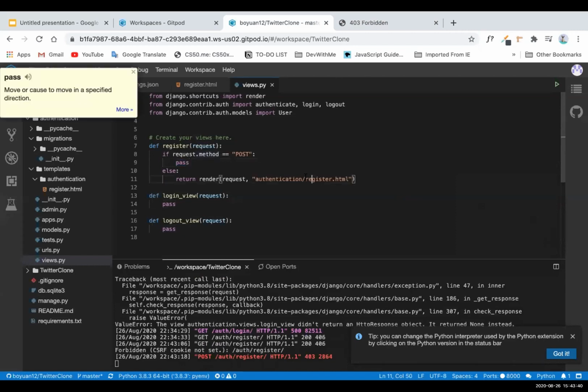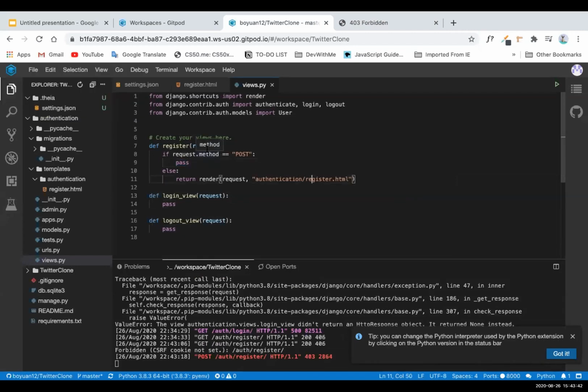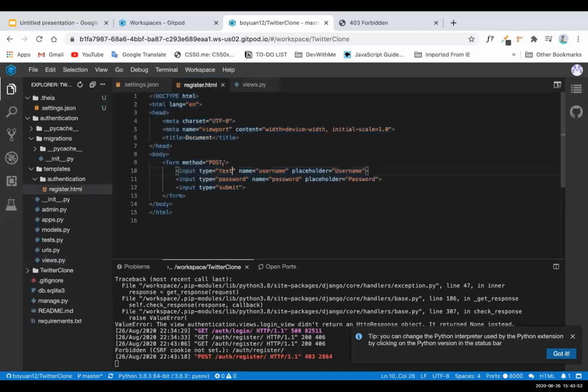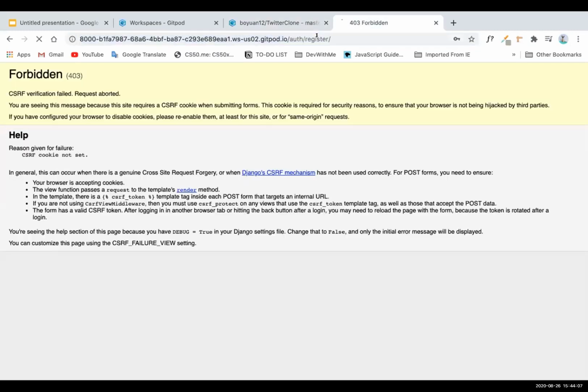Again, basically what it means is somebody else maybe wants to submit to this route, but for some malicious purposes. So in here, what we can do is basically add a really simple line. It's curly braces, %, csrf_token. Okay, csrf_token. And then if you refresh,